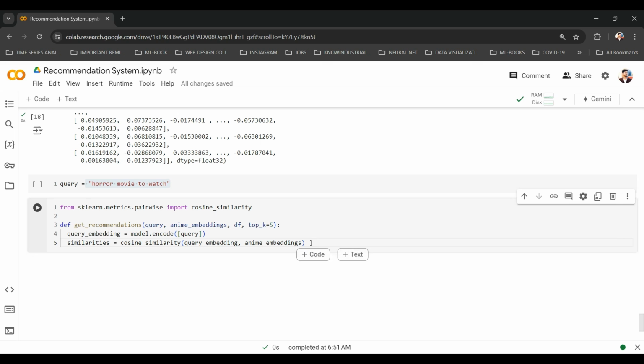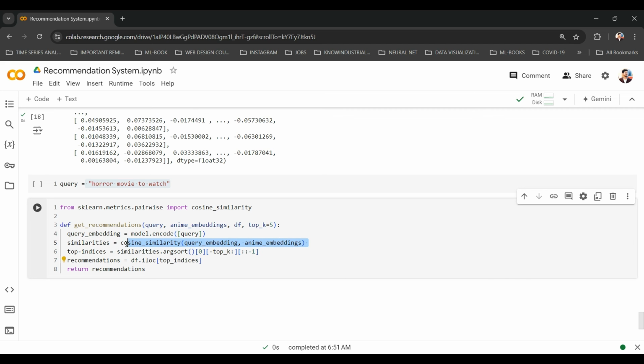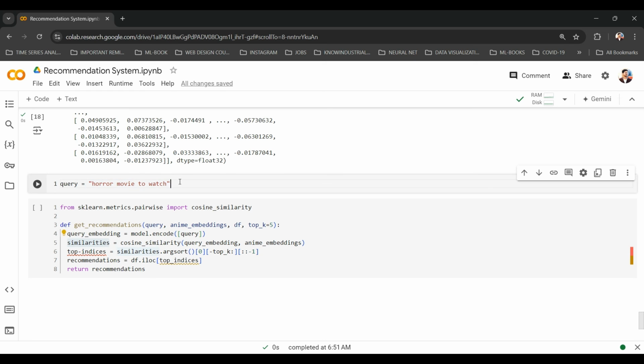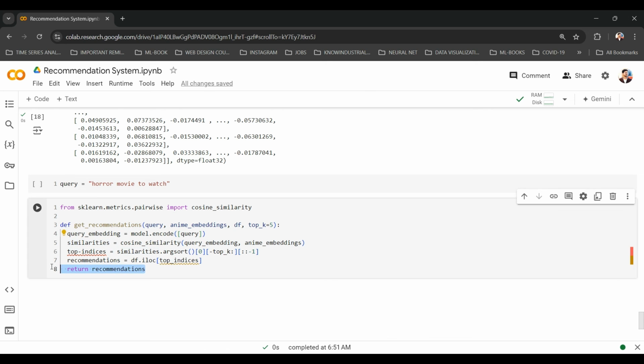And now we will say top indices, because we don't need all of the similarities, isn't it? We just need the top similarities. That means the top, the closest vectors. We only need the closest sentences, isn't it? We don't need all the sentences. This will return basically the similarity measures of all the sentences with our sentence. Okay, basically the distance of all the vectors with our vector. We don't need that. We only need the top maybe 3 or 4 or 5 of them. Okay, so that's what we need to do.